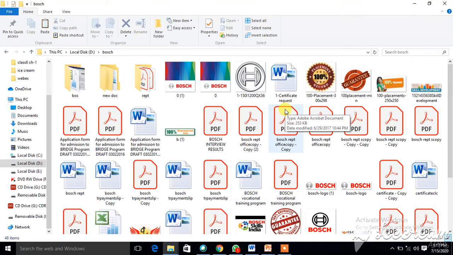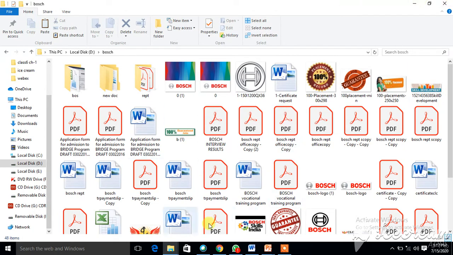Image files will have GIF, PNG or JPG formats. Audio files will be of the form MP3, WAV, etc. A presentation file, that is a file that you create in MS PowerPoint, has the extension .ppt or .pptx.